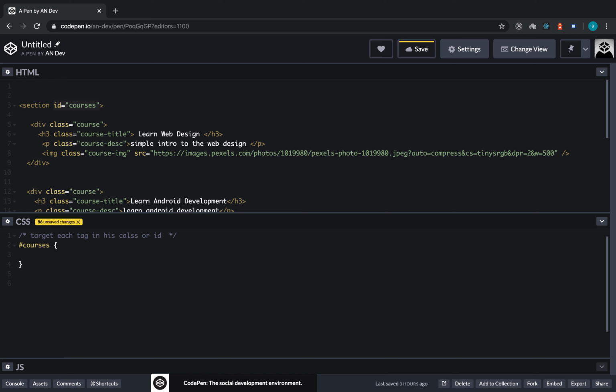But how is it going to work for classes? Well, in order for us to target any class, we have to type the period sign or the dot sign, then the class name, in this case course. Okay, course is the class here, the class course for each div individually, and we have the courses section, which we can target by using the hashtag. So hashtag for the IDs, dots for classes, then each one followed by the name,